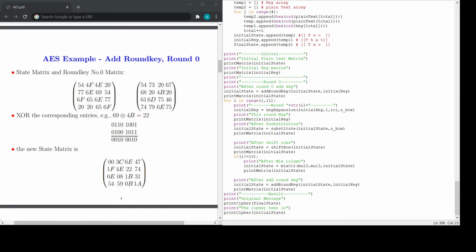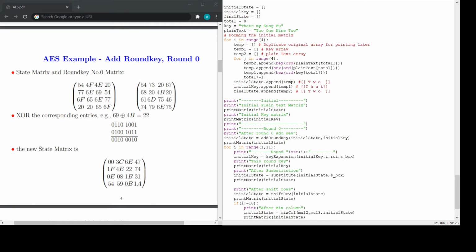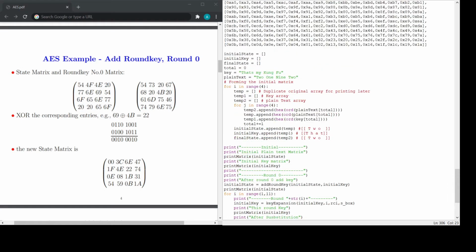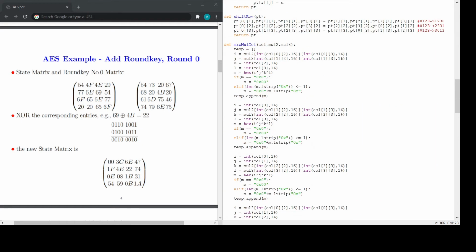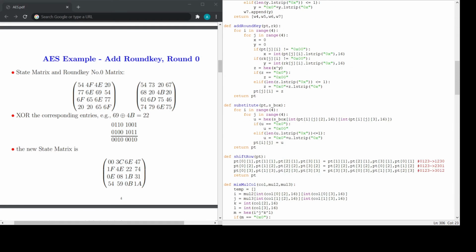So let's look at substitute byte. So over here we are doing the substitute byte, that is the first step in the round, and looking at the function, over here we have substitute byte. So basically this function takes two arguments, the plain text and the sbox. This step was partly covered in key expansion steps. We basically look at the most significant 4 bits for the row and the remaining for the column in the sbox matrix, and just substitute that value in the plain text matrix.